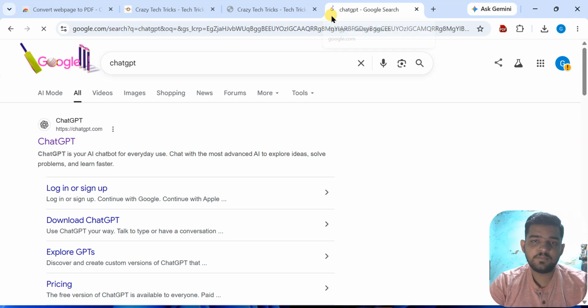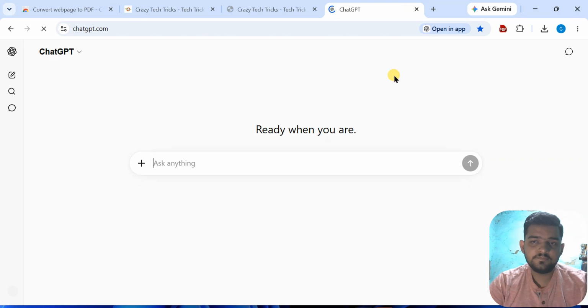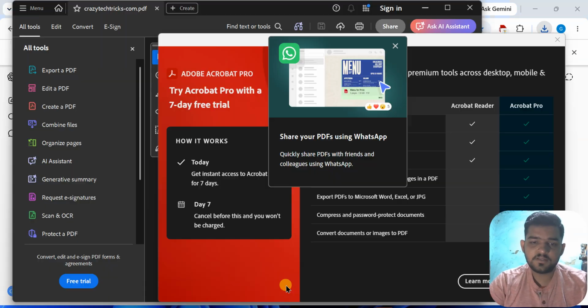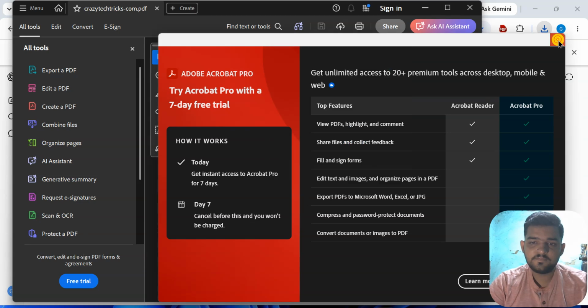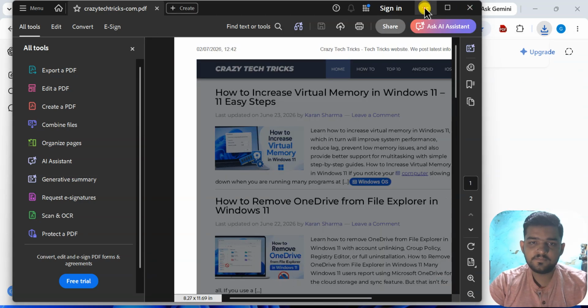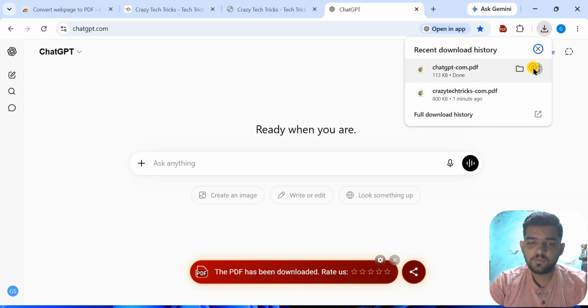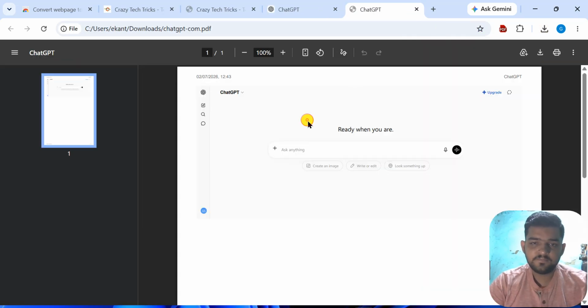Here you will see the processing. It will convert it successfully. You will see, just simply open the PDF. Here you will see